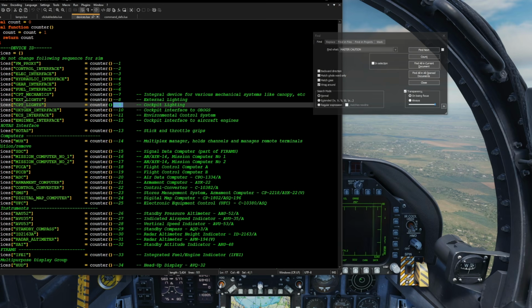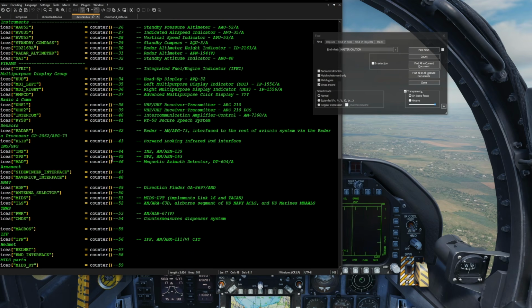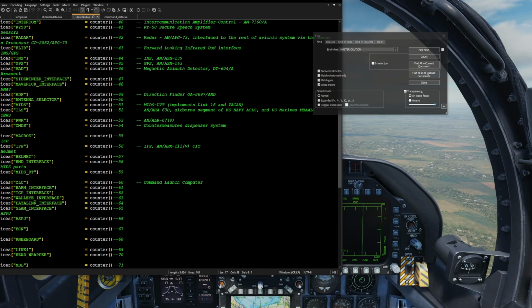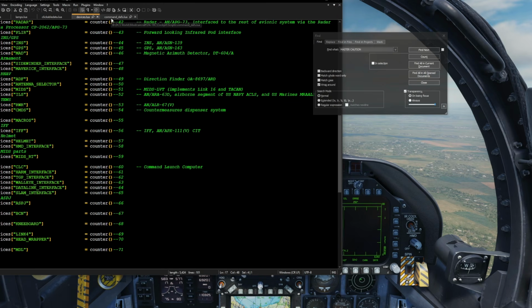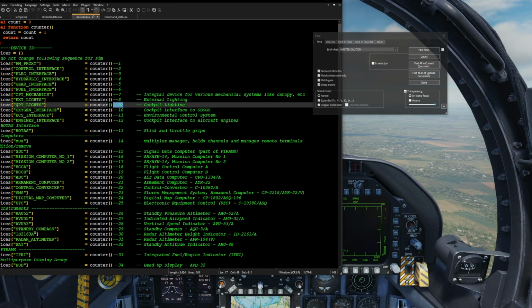Now, how you find this is you can see everything below here, okay, is going to be considered a device in the command defs, okay? So these are all your different arguments, and this tells you where they list or where they live in the command definitions, okay? So we know that where we're looking is cockpit lights, the 9th device,